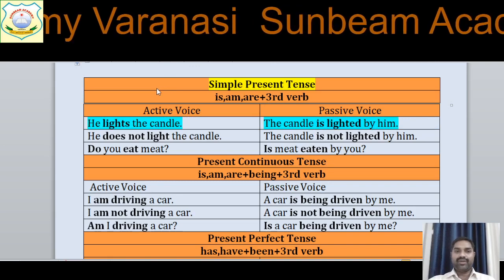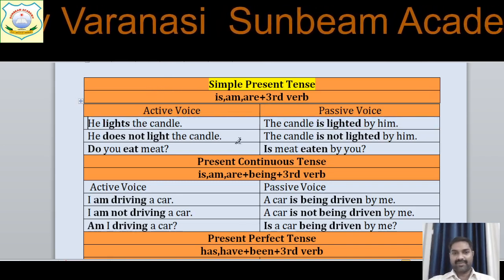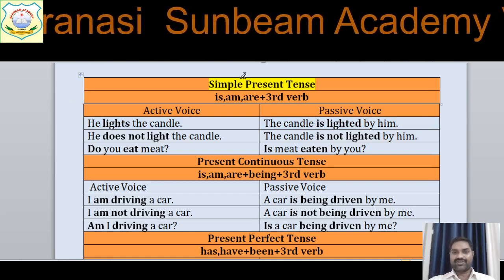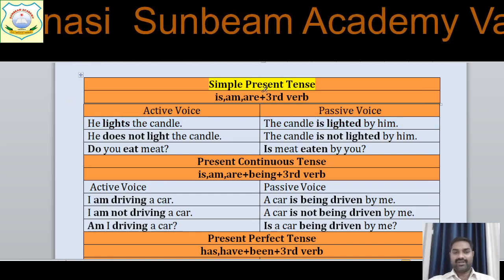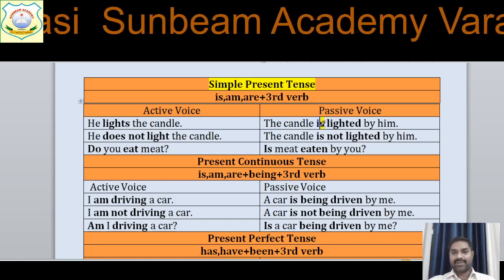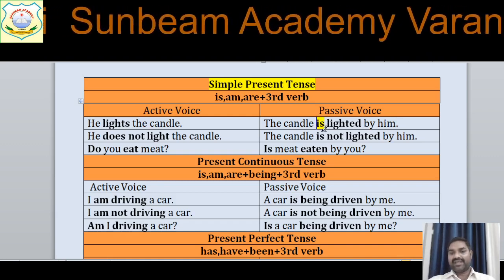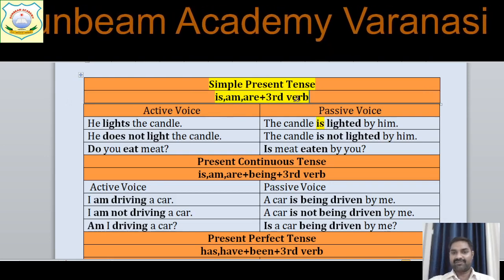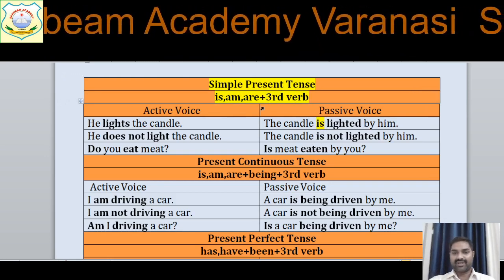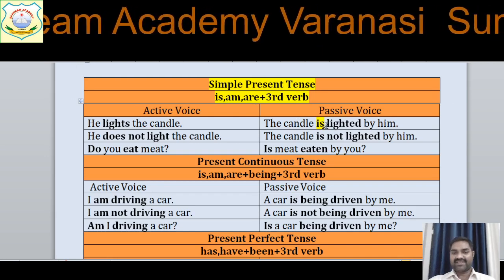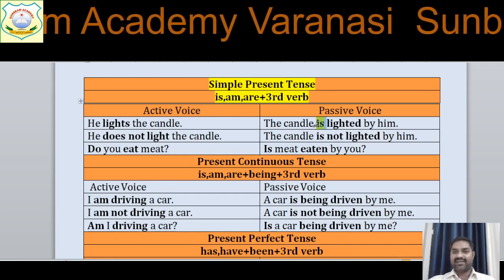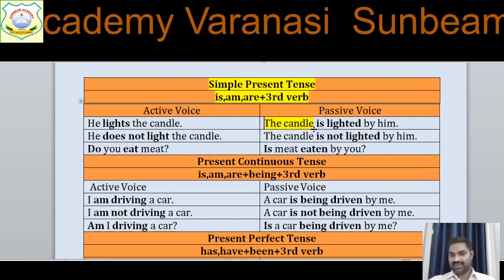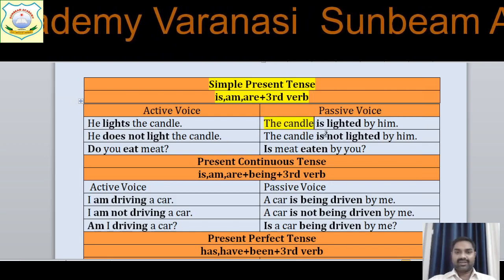Now the biggest question for you children is what sort of helping verb we should write in passive voice. So children, learn this here, that in simple present you will write is, am, are. It is written here, is, am, are, and then the third form of the verb. Okay children, in simple present you will write is, am, are. Now why is is written? Because the subject is singular, the candle. If the subject would be here, candles,